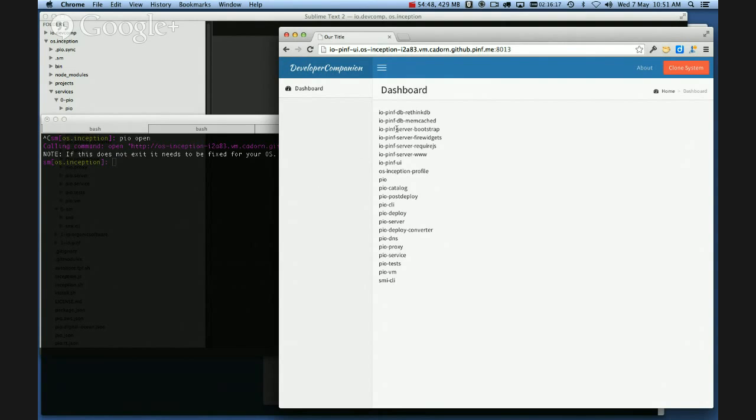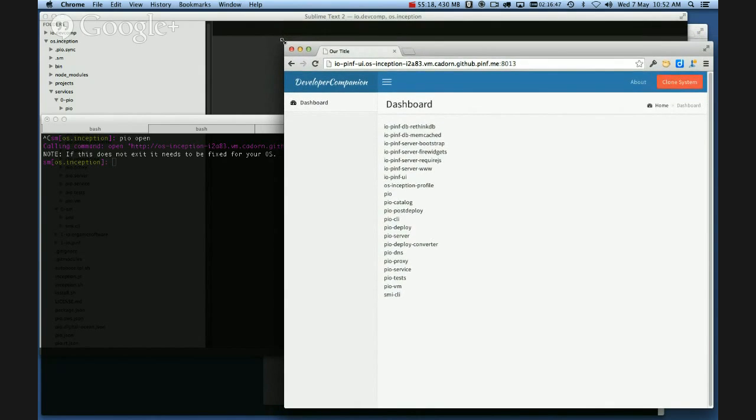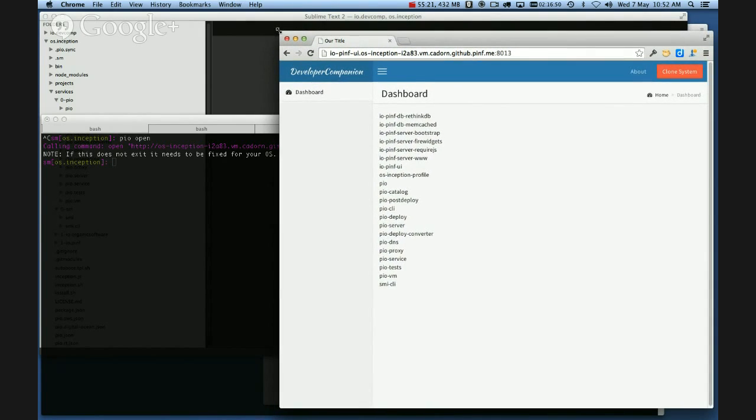And you can see here, it's already pulling in a dynamic list of services. So the idea now is to build out this admin to allow you to look at the documentation of the service, create issues, link to GitHub, have a GitHub login as part of this admin, and so on. So I'll be building these things out bit by bit. And once it's all working on the core instance, then it'll work on the developer companion instance, and anybody else that's using this dev system as an upstream resource is going to get all these features